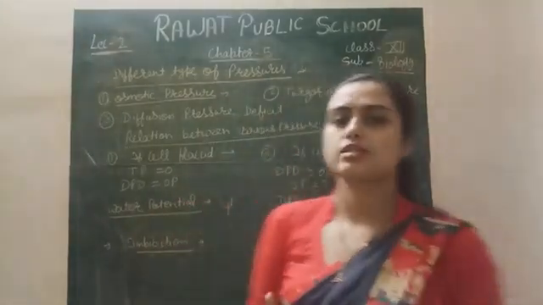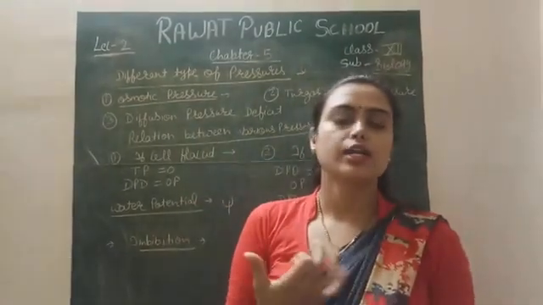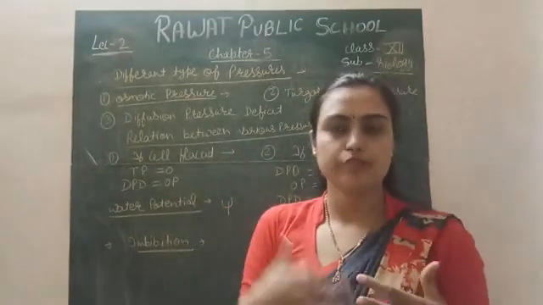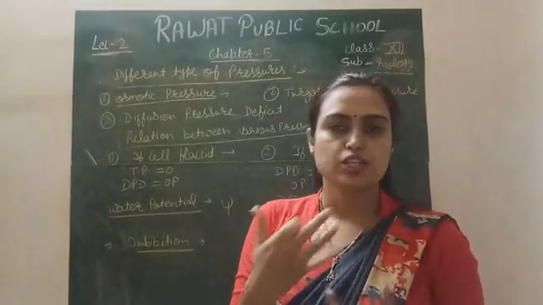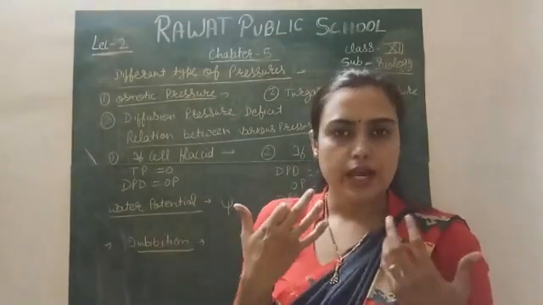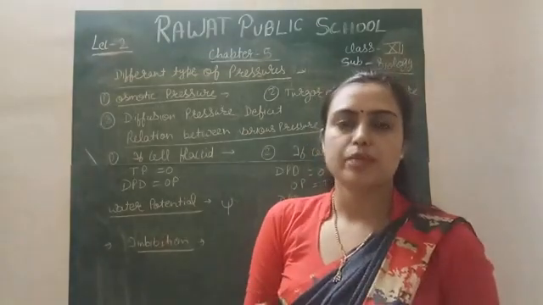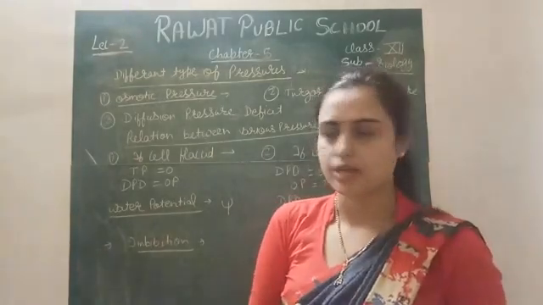Today we will discuss the different pressures which are related to each other in the plant water relationship. How are the different pressures exerted in plants during the transportation of water, or during the absorption of water, or during the excretion of water? Simply, you can say the exit of the water. How are the pressures maintained, and what is the function of these pressures in plants?